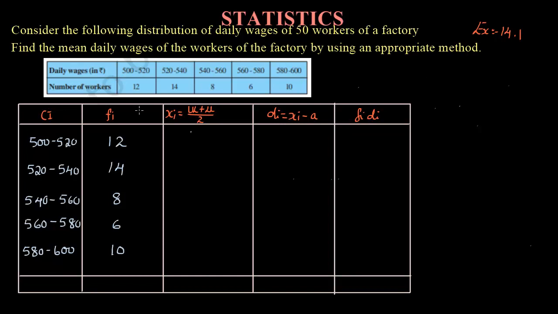So I have already discussed with you when to find the mean by using direct method, assumed mean method and the step deviation method. Direct method can be used when the data is small and the number of observations are less. Assumed mean method can be used when we have larger data and more observations. So here the number of observations is only 5, it's fine, but we have data with a little bit bigger numbers, right? So here we can use assumed mean method.